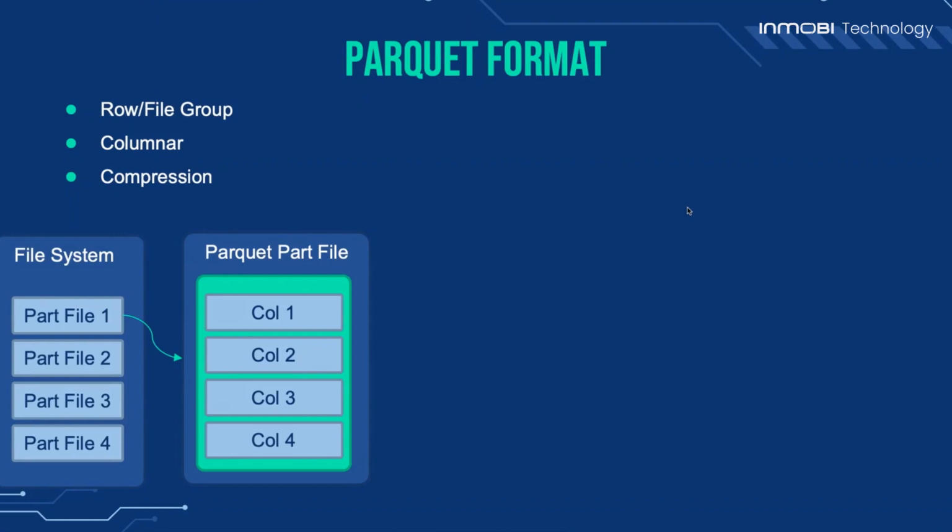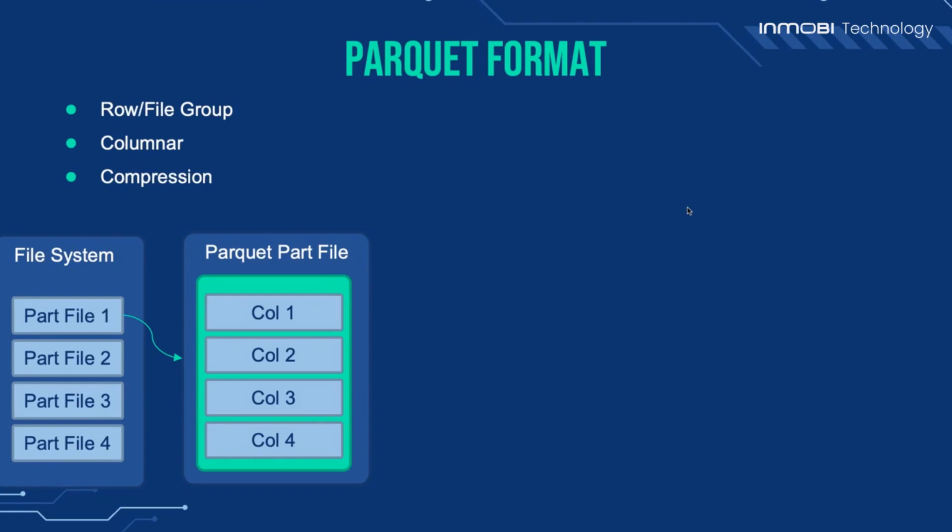So yeah, in the file system, the same way as the above three things, just a graphical representation. In the file system, you will have this part file 1, part file 2, part file 3, part file 4. In each part file, the information about each column will be stored in this particular fashion: column 1's data is residing at one place, then column 2 data, column 3, column 4. Whenever you are looking for a country ID and a total, or column 1 and column 3,